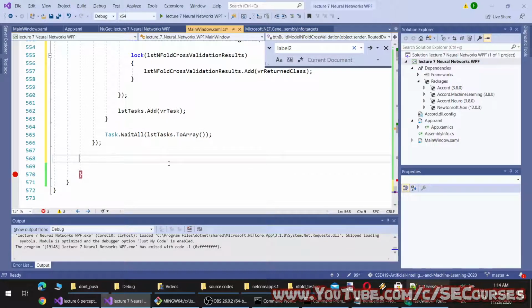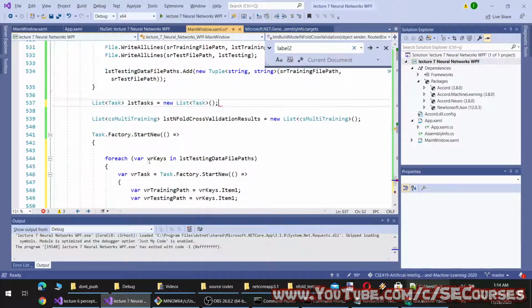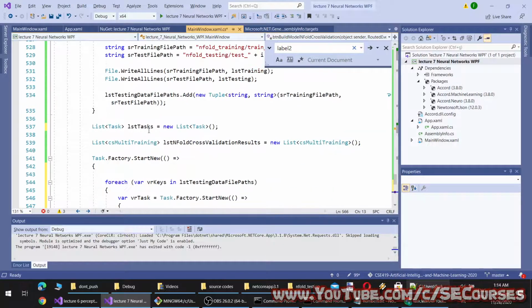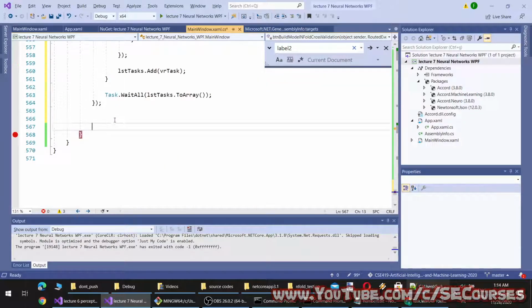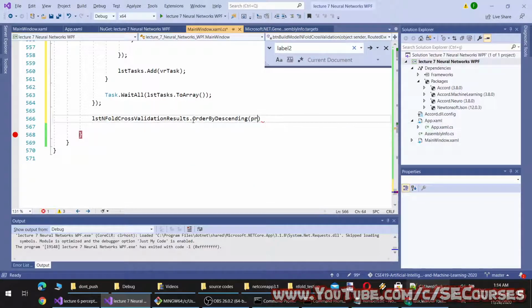What I need to do is simply get the best task and save it. Okay, so I will order this by descending here, and here dot accuracy.